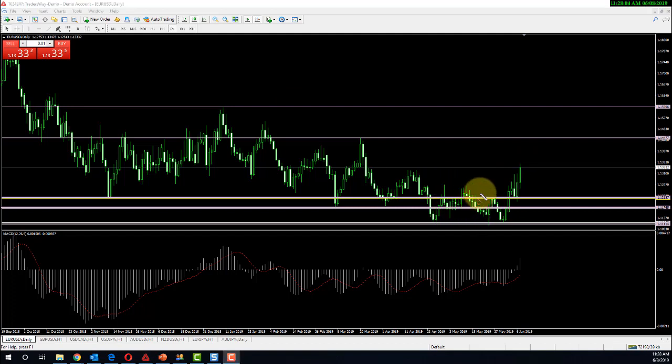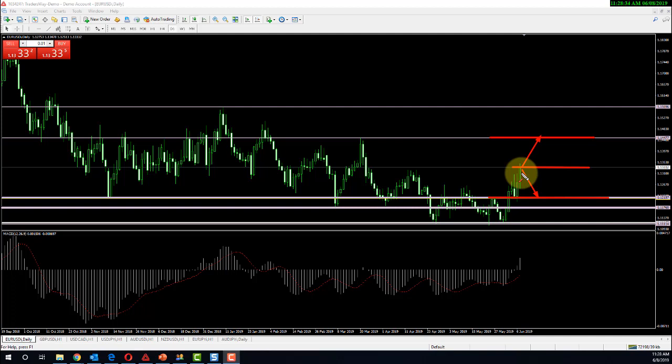I'm looking at this level as currently support, and I'm looking at this level as currently resistance. Where is price in relation to the support and resistance level? It's in the middle, right? So, with that being said, price could actually do that, or price could actually do that. So there's some level of indecision right there as a trader, where